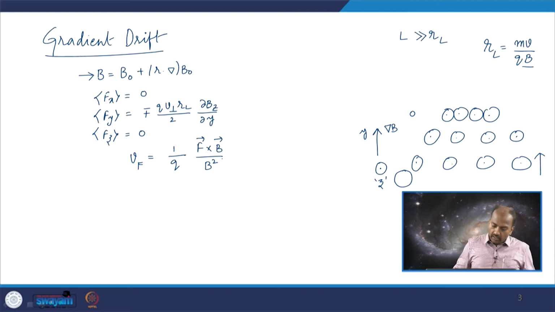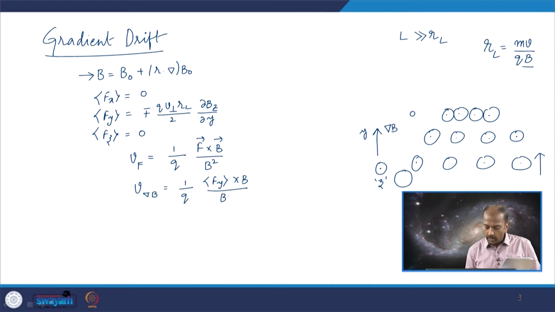So while discussing the average or the generalized drift velocity, we also said that the role of this F is to give a non-zero velocity to the particle so that it comes under the influence of the magnetic field, right. So if we know V_F is this, we call the drift velocity that arises due to the gradient in the magnetic field V_∇B, equal to 1 by q, since all other components of force are 0, F_y cross B divided by B squared,